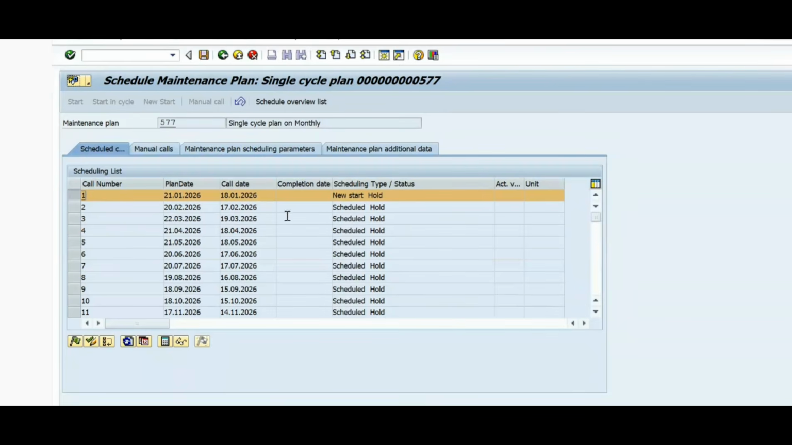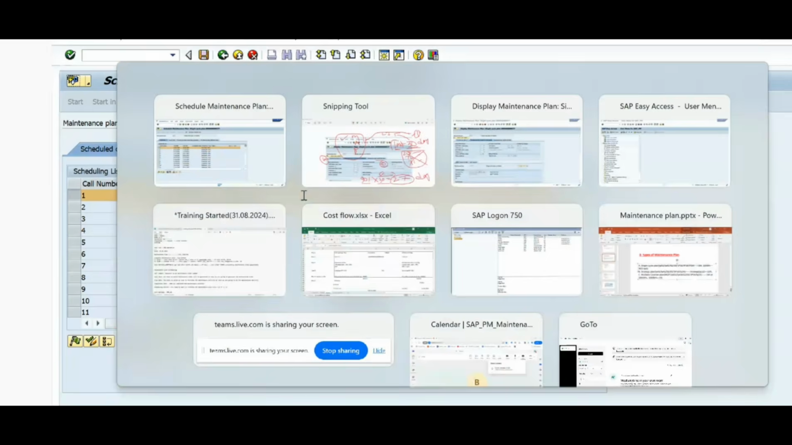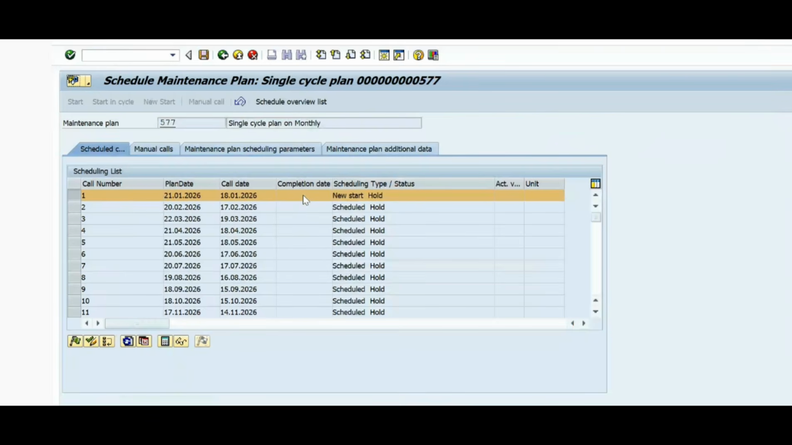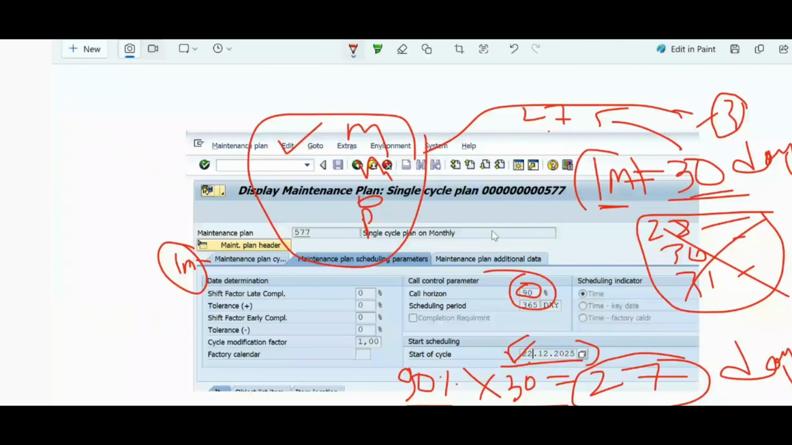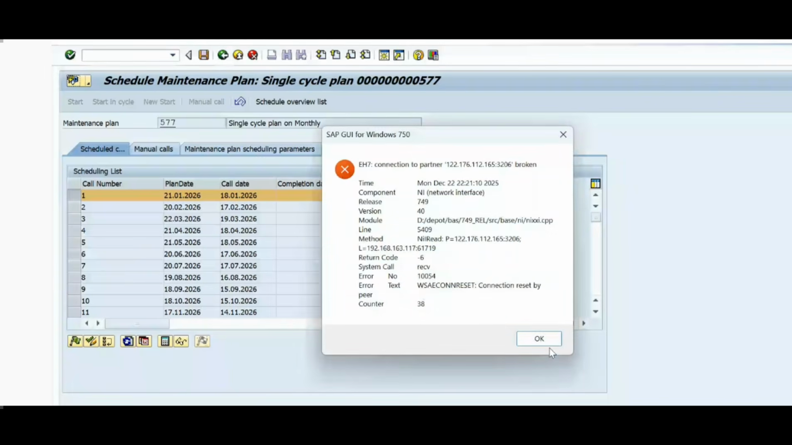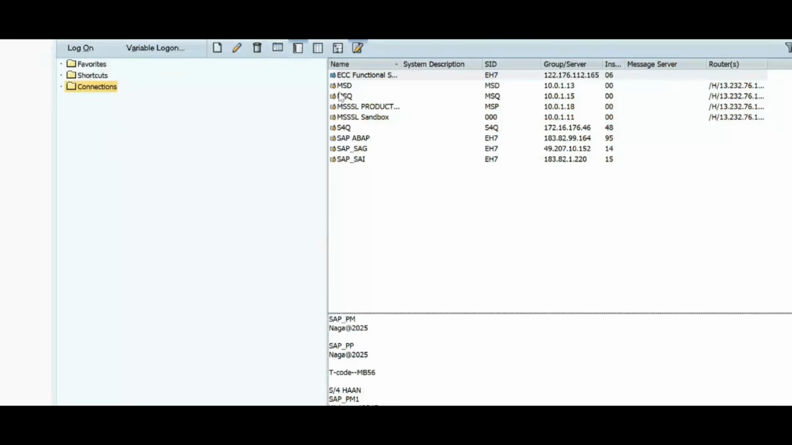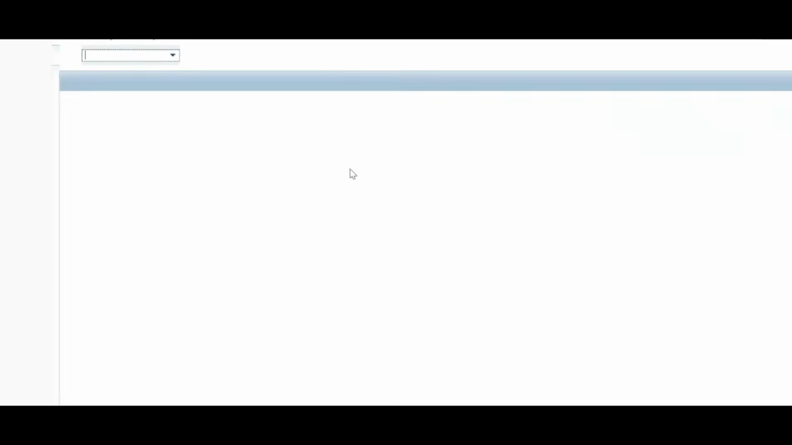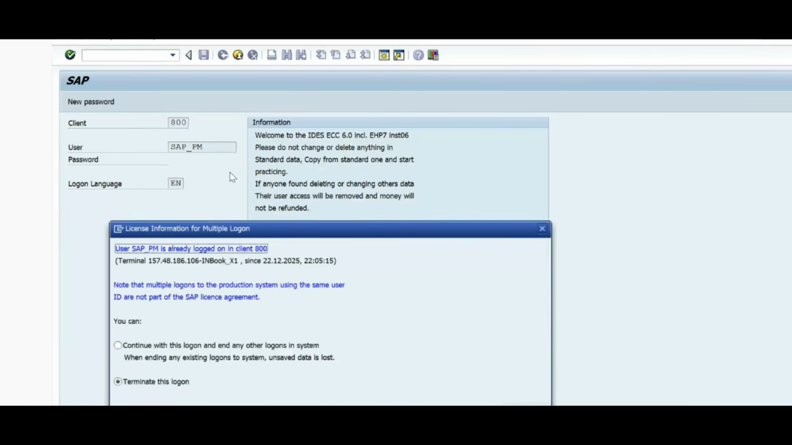ओके, यस, ये तो था। अभी देखो, अभी मैं क्या करता हूँ, इसको सेव नहीं करूंगा, 577 है। मैंने पूरा एक एक सेंटेंस भी लिखा है नोट पैड में, कॉल नंबर क्या है, शेड्यूलिंग क्या है, कॉल होराइज़न मतलब क्या है, पूरा लिखा है।